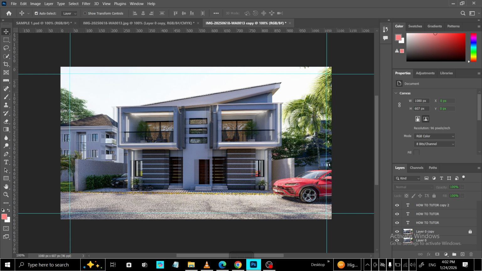If you ever want a cleaner view, remember that the same View menu is where you can turn rulers off again. That way, you can switch between a minimal canvas and a measurement-ready workspace whenever you need. And that's it. By going to the top menu, choosing View, and selecting Rulers, you've enabled one of the most useful visual aids for precise, confident design and document